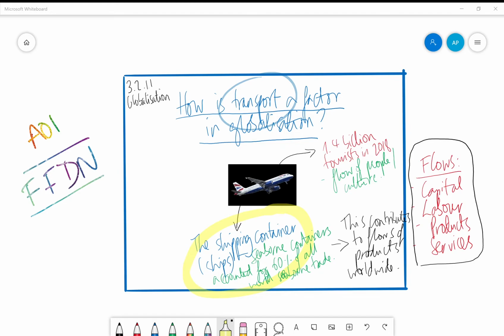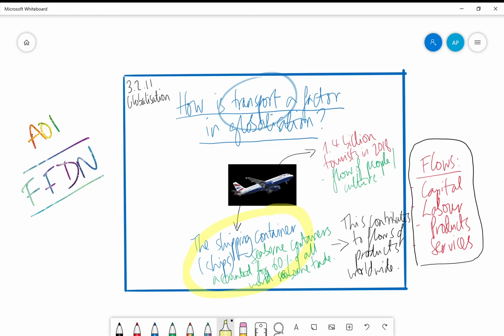I've just typed into Google how much do shipping containers transport around the world, right? And I've gone on what is the first link, and then I've found the following fact: that seaborne containers accounted for 60% of all world seaborne trade in 2017. Okay, that's the most up-to-date fact I could find, and I've not just left it there,